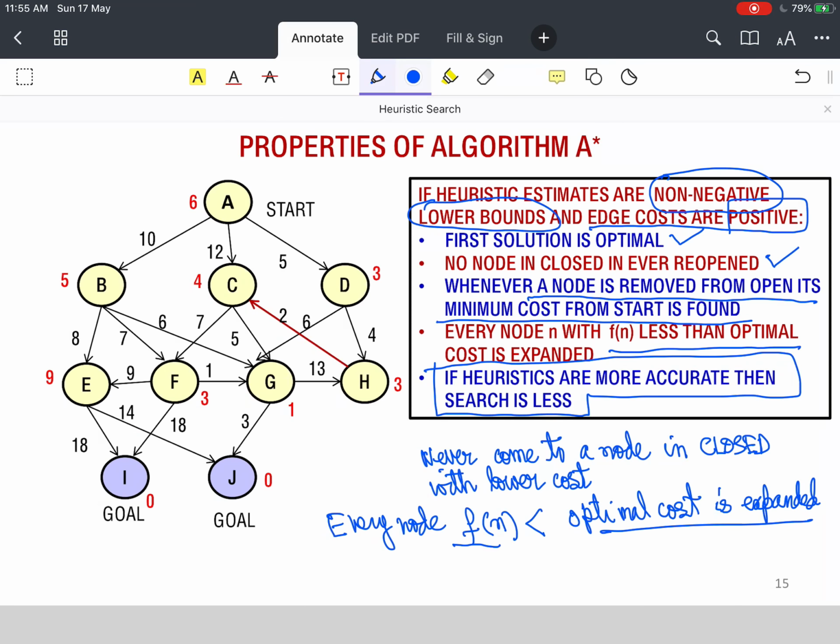The last one is the most interesting thing. If you look at the nodes expanded, if I'm using two heuristics H1 and H2 and both are lower bound estimates, and I know that H2 is greater than or equal to H1, at least greater than H1, then this heuristic is more accurate. We have seen that case in the sliding tile puzzle, and we can prove, and I'm not going to do the proof here, but I would request you to look it up in the book, that a heuristic which is more accurate will expand fewer nodes.